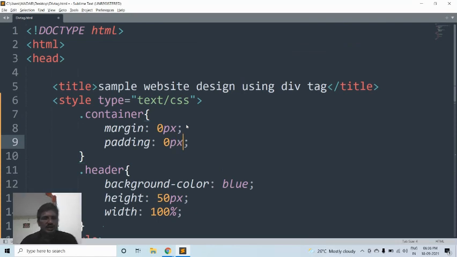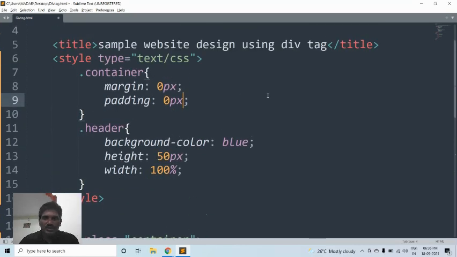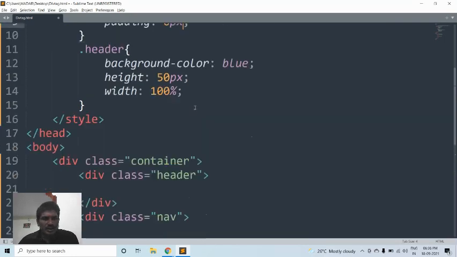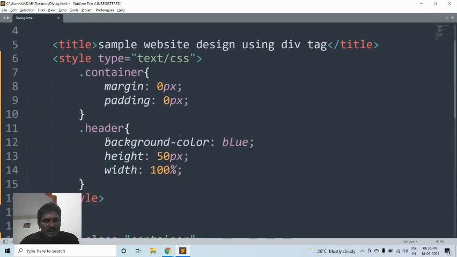Whatever the container enters the body, the margin should be 0 pixel and the padding should also be 0 pixel. Because 0 pixel means all the sides, top, bottom, and left type margin should be 0.